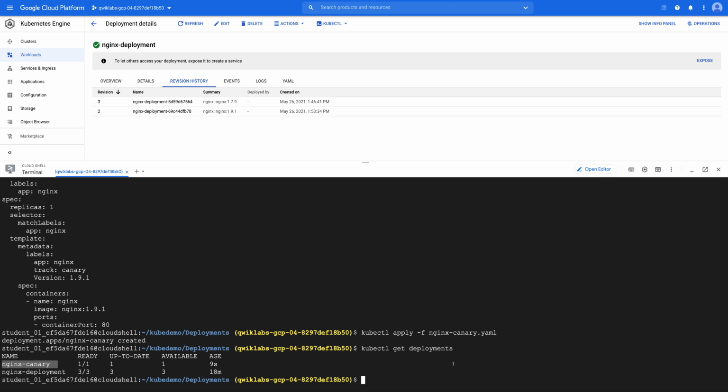So now by default Kubernetes does a 50-50 split of your load. If you are the service, it will switch to that, but here what we have done, we are only deploying one. So it's like out of every 4 requests, 1 request will go to this nginx canary. And if you want to have more sophisticated control over the load balancing, then you have to use a service mesh.